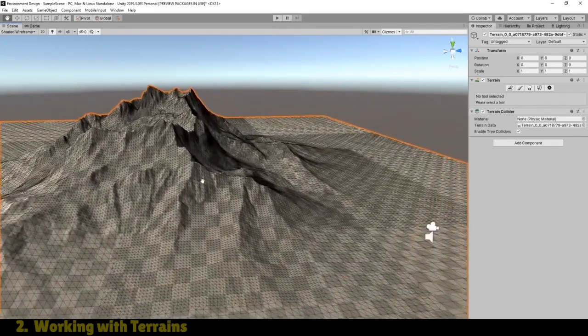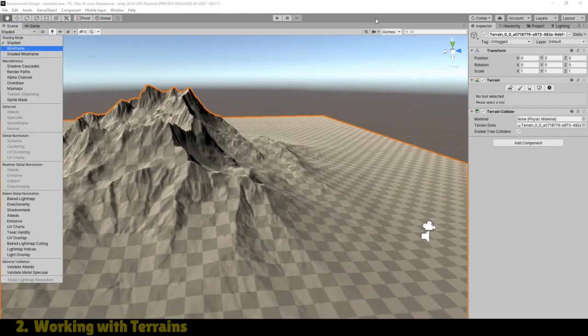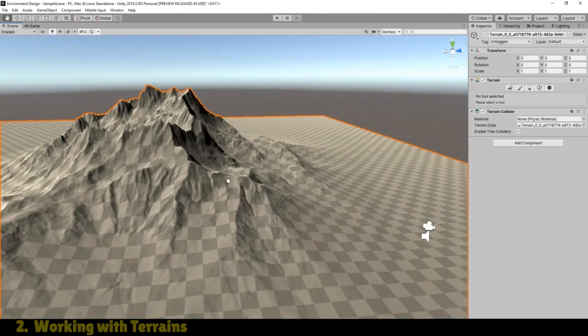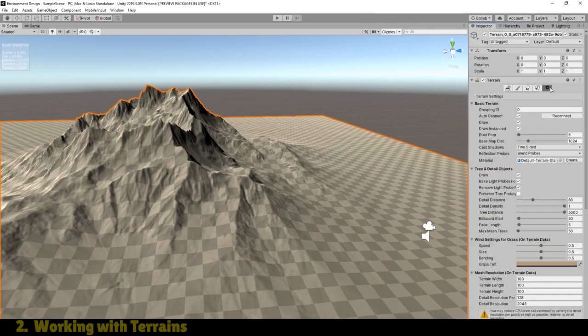Now at the moment, this mountain is, you can, by the way, just click over to shaded if you just want to see it as it is. And you can also go to this view or this view. This mountain is not particularly greatly detailed. Okay, so in the hierarchy, under the terrain, if we come back into our inspector and click on terrain settings, we've got something called pixel error. Okay, and you can hover over this to get a little message. Basically, it's the accuracy of the mapping between the terrain and the